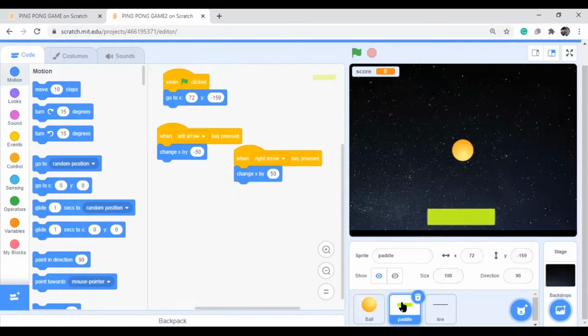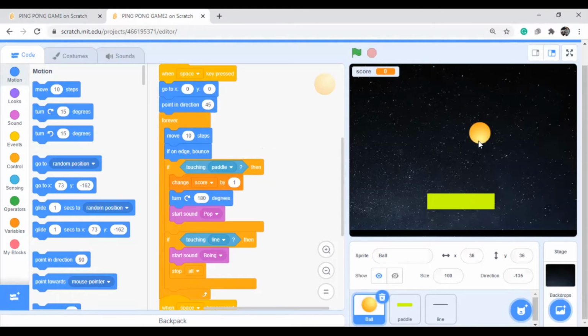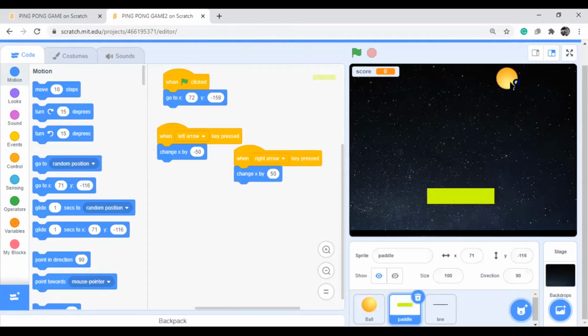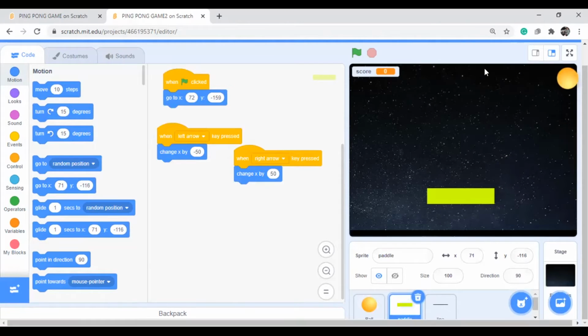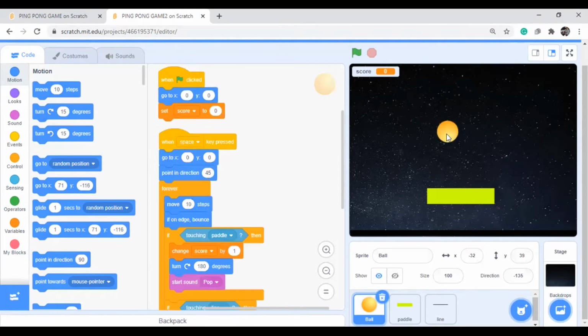And coming to the pedal, if the level is increasing, we need to increase this height. Then the game complexity will increase a little bit. Here it is very easy because it takes so much time to come here. If you increase it like this, the time is very short, so we need to move very fast. So the complexity of the game will increase.